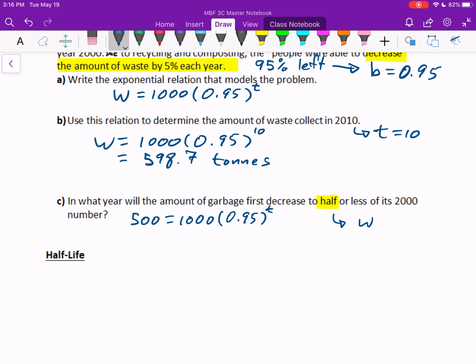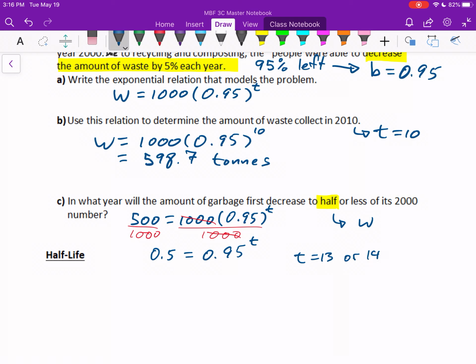So this is another one of these cases where we have to do a little trial and error, and we did this in our last lesson. Again, I can simplify it first. I can divide this by 1,000 and divide this by 1,000 just to make the equation slightly easier. So what I get is 0.5 equals 0.95 to the T. And if I do trial and error, just playing with the numbers a bit, it works out that somewhere between 13 and 14 years